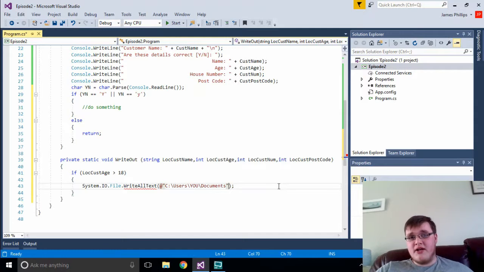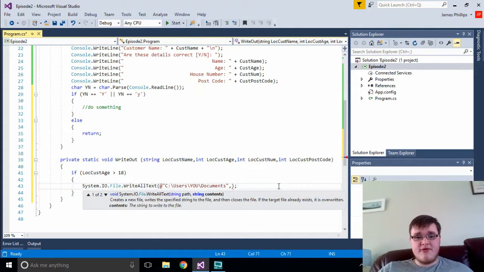You know how file names are written. If you have another file name you want to put it in, you can find out how to do that. And now we're going to pass a second parameter, because System.IO.File.WriteAllText takes two parameters. It takes your file and it takes your value, the text we're going to write into it. And so what we're going to do here is we're going to write,